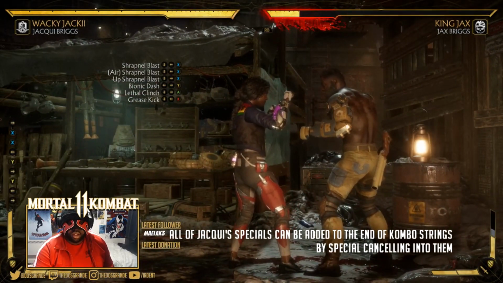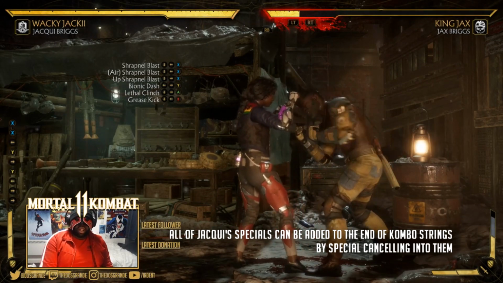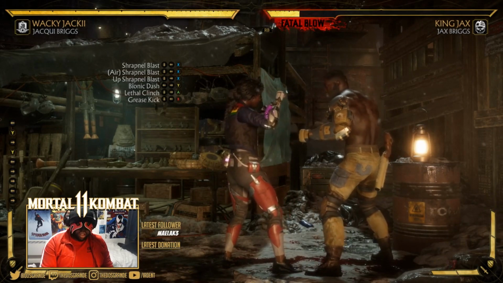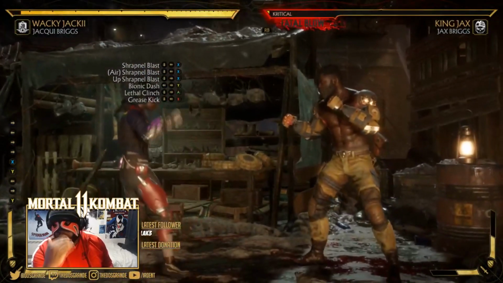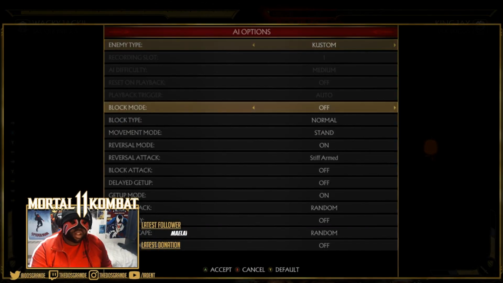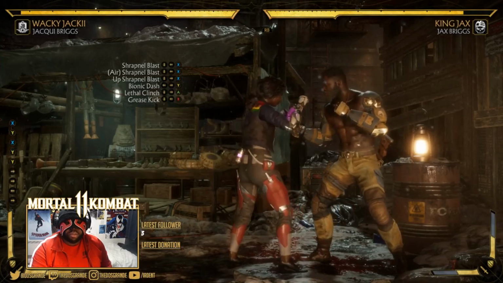Okay, so Jacqui's a cancel character. What I mean by cancel is her move can go into, wait, let's see it. Yes. So this is where the mix up game comes in. So let's make him block, auto block. Okay, so when you're putting on the pressure,